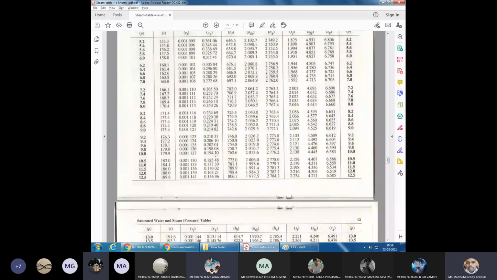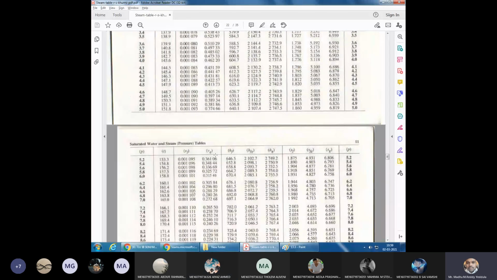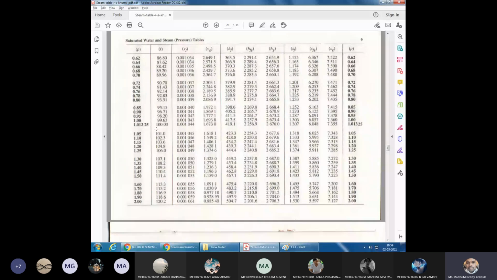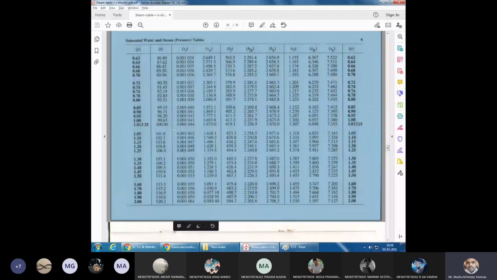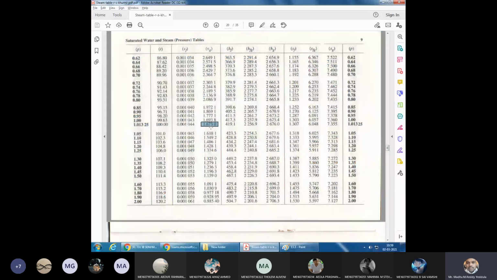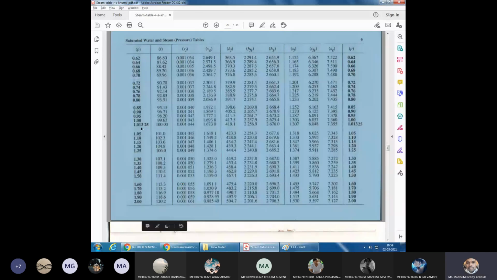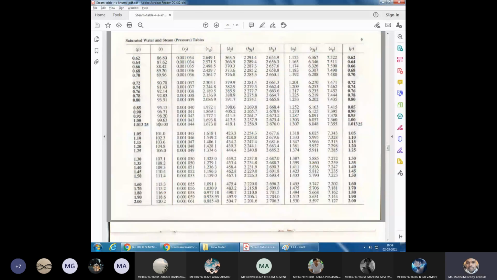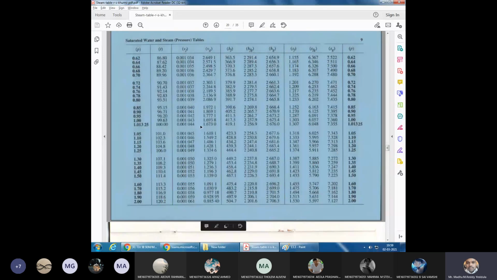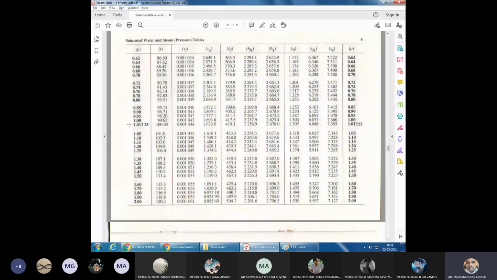No sir. I'm repeating again. Let us take one more example. As we know, 1.01325 bar is the atmospheric pressure. The corresponding saturation temperature is 100 degrees centigrade. If the specific volume of the gas, nothing but steam, is 1.673, that is permissible, which means we can say the x value is equal to 1. So corresponding to x equal to 1, these are the values.